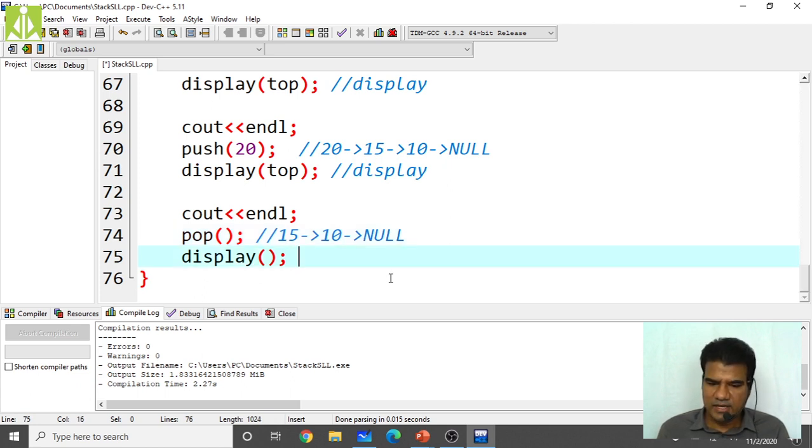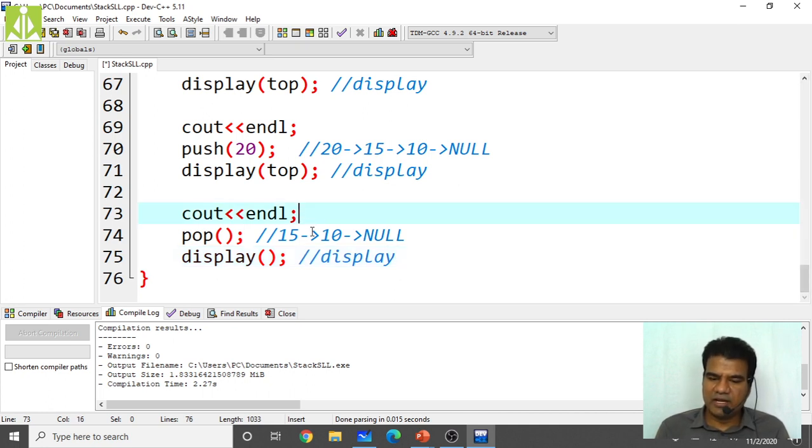Okay, and this is my display. But before this, when you are calling this function, it will also give a message that 20 has been popped. 20 popped, like this also it will give. By calling this pop function we are popping 20, isn't it? So 20 popped, then you will get this line. Quickly go and see.